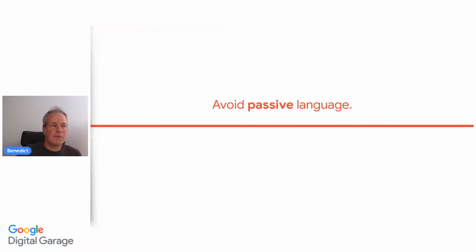Main things there. Big thing is avoid passive language. Use an active voice. It will really help make your writing clear, concise, and to the point. So avoid passive language. And the big thing is, how can you fix the problem? Focus on acknowledging what they've said and fixing, not empty empathizing.